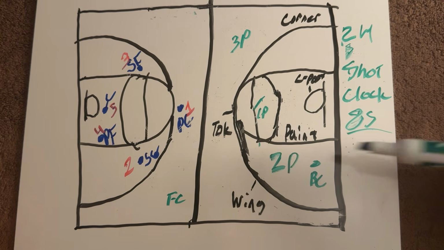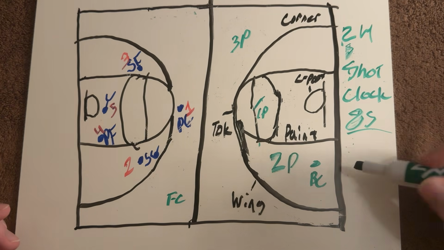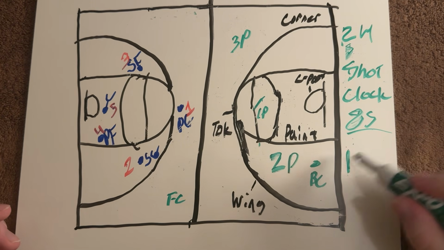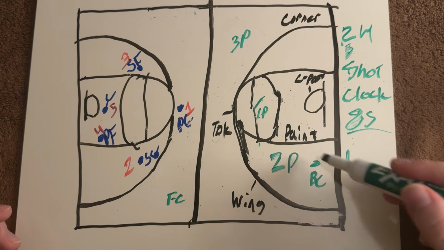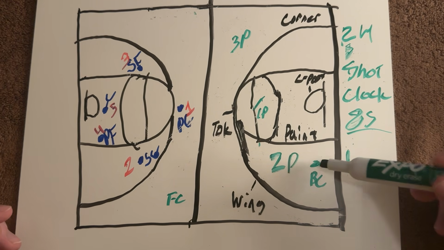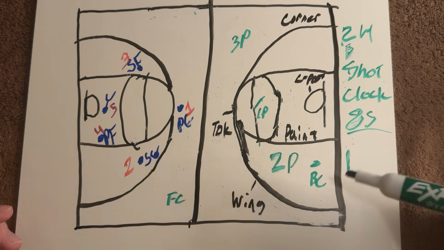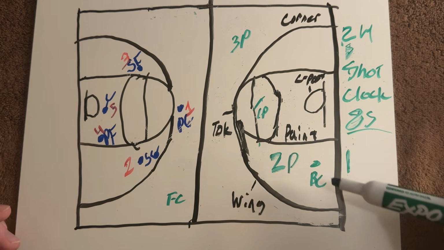They have to inbound the ball into the field of play. That will start the shot clock. So on the inbound, player goes here, inbounds the ball to a guy here. That player then has 8 seconds to move from here across the midfield line,